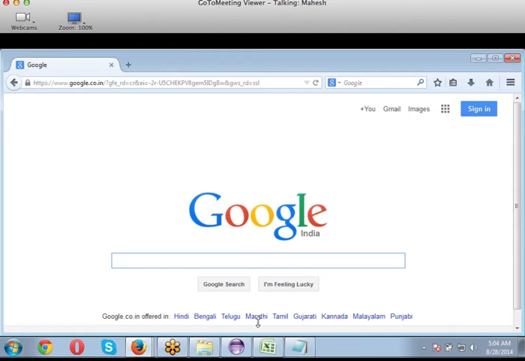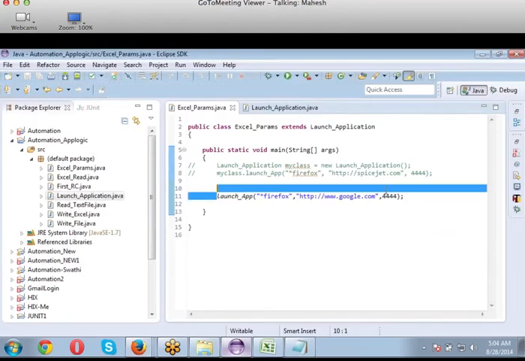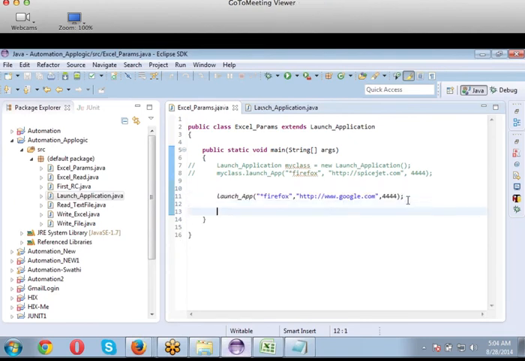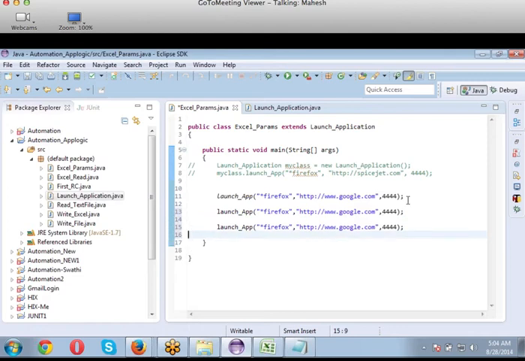I can call this n number of times inside my Eclipse. Those many times, this browser will be opened for you. So just copy, paste it back. No hazards. You can use it n number of times like this, with different sets of values, or same values is also fine.